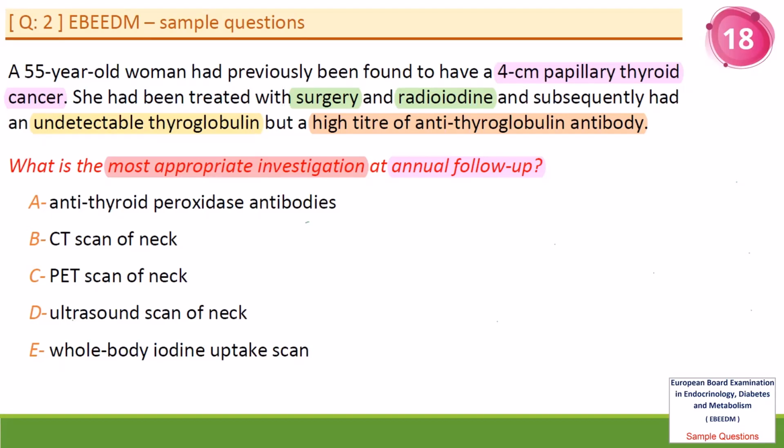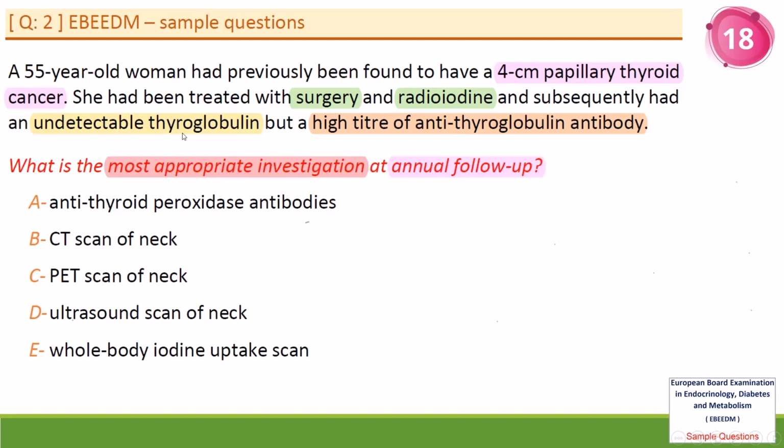Ultrasound scan of the neck, or whole body iodine uptake scan? Ultrasound scan. We can't rely on thyroglobulin because of the high titer of anti-thyroglobulin. Once the anti-thyroglobulin antibody titer is positive, the undetectable thyroglobulin